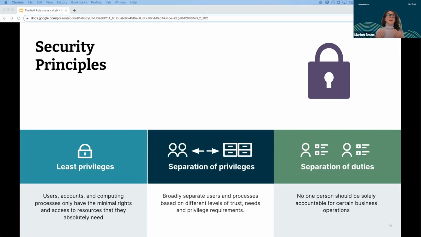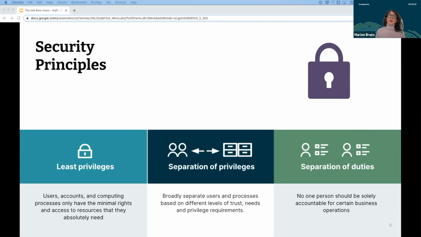The separation of privilege is complementing the least privilege. And this means a broad separation of users and processes. So we want to avoid that there is a super admin who can just log in or authenticate and then has access to each and every single resource in your system or in your cloud environment.